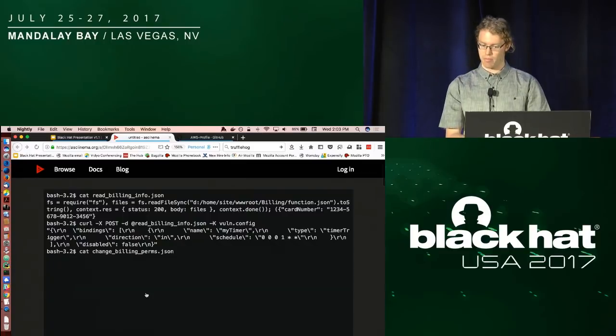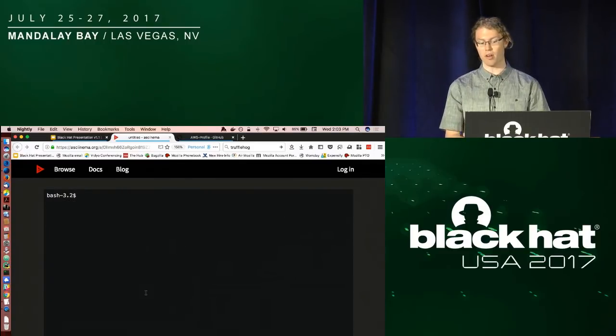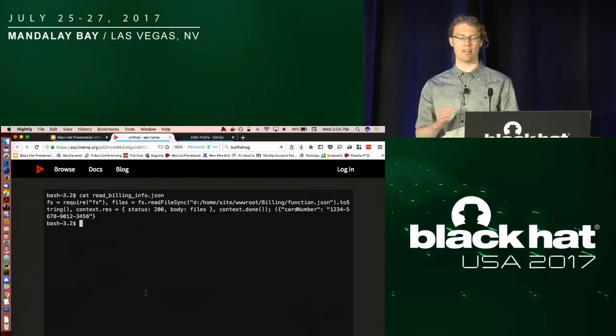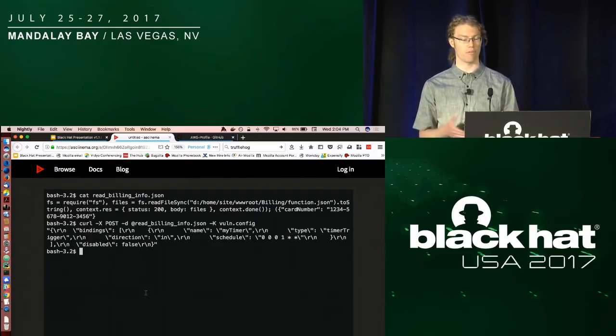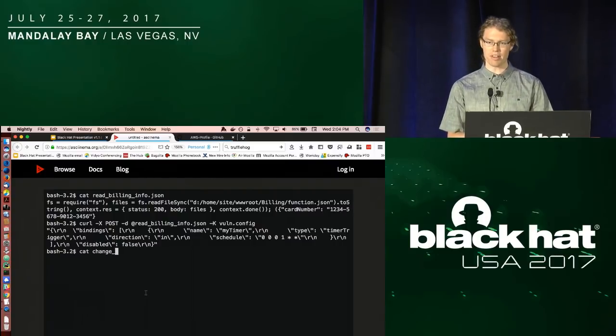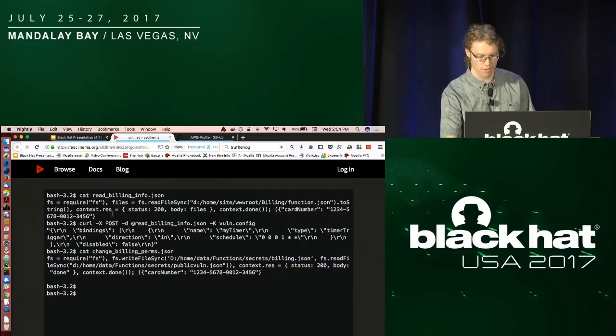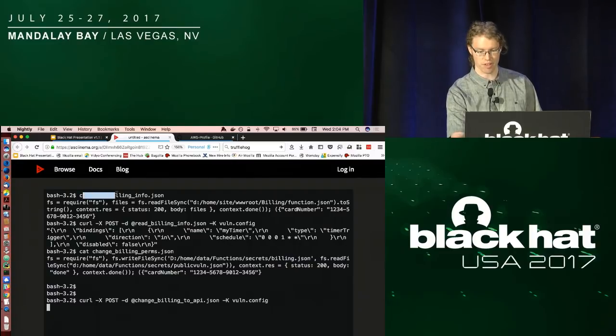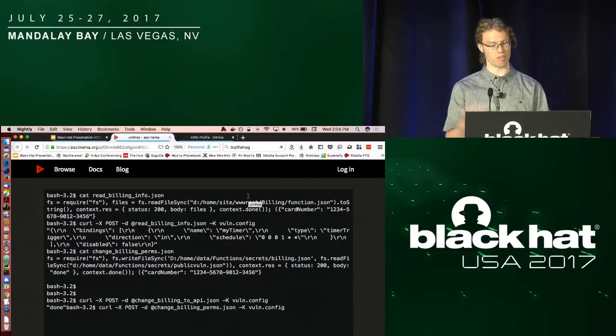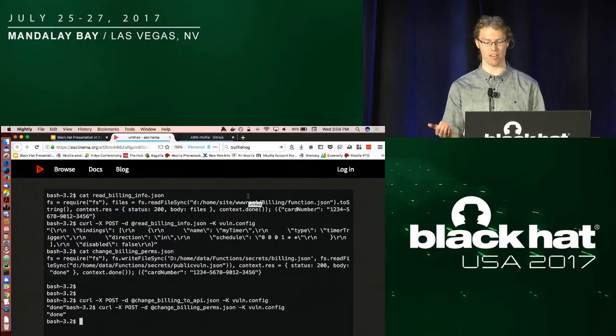So that's great, getting to see all sorts of things. But now we want to get at some stuff that really wasn't accessible via the API at all, not for anyone. So we're going to see how we go about digging into billing. So the billing info here at this first snippet, you can see we're just reading the file, this function.json file,